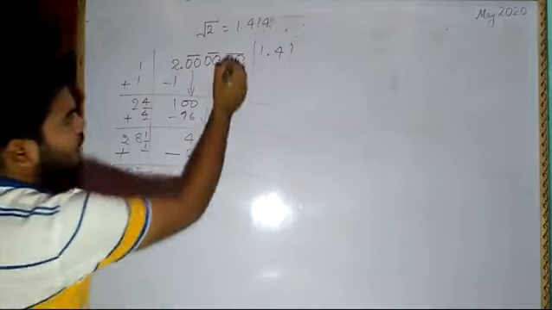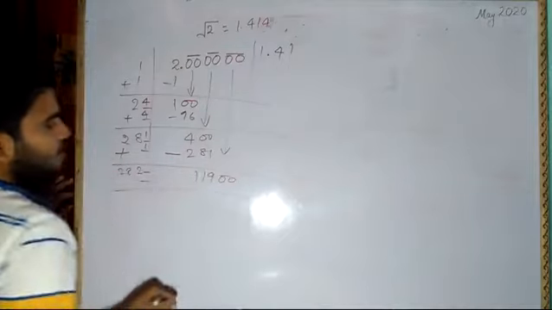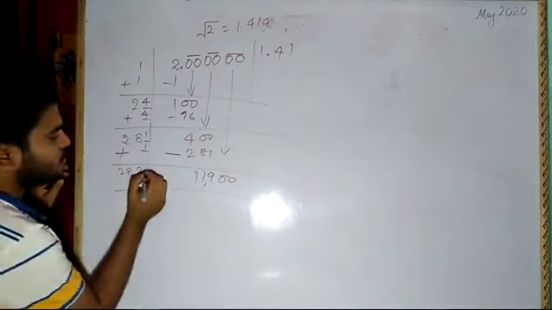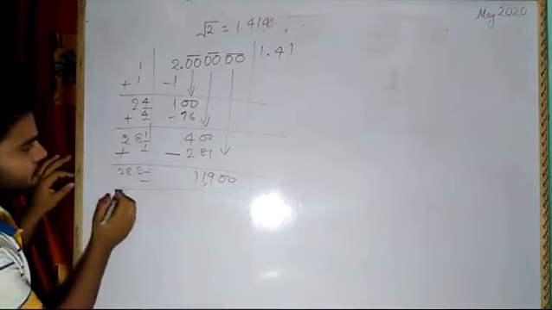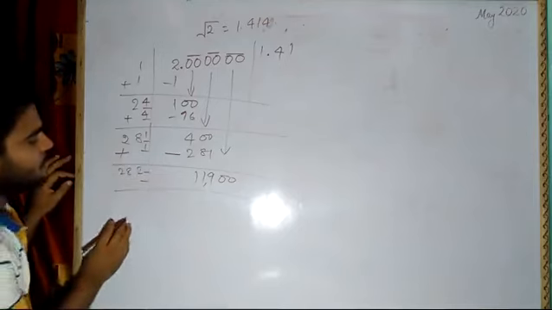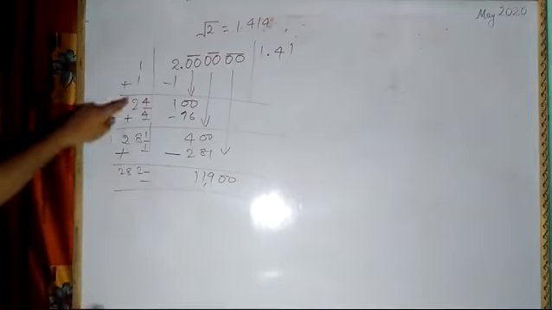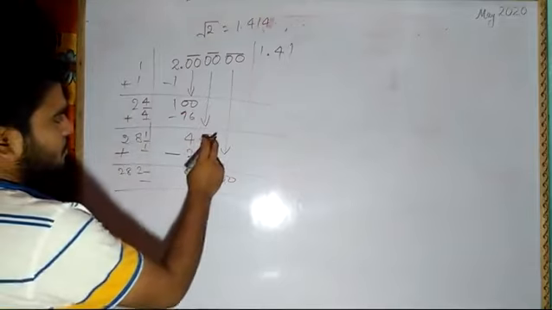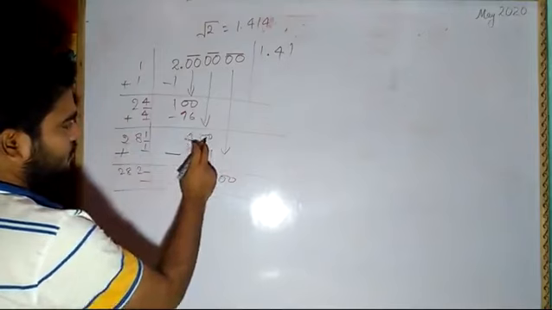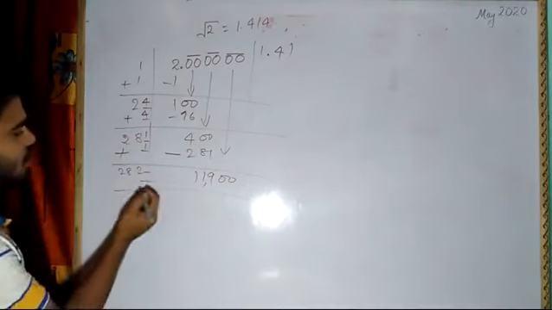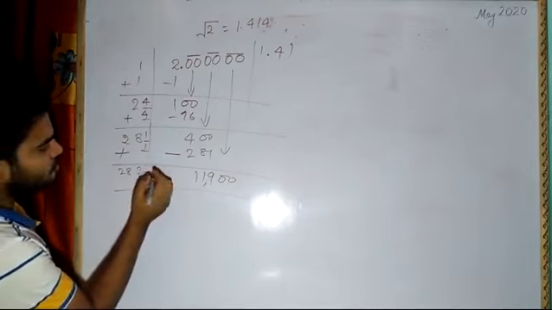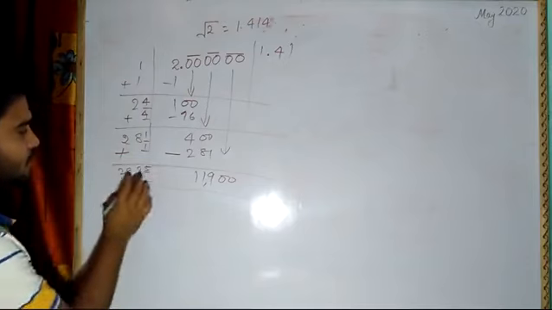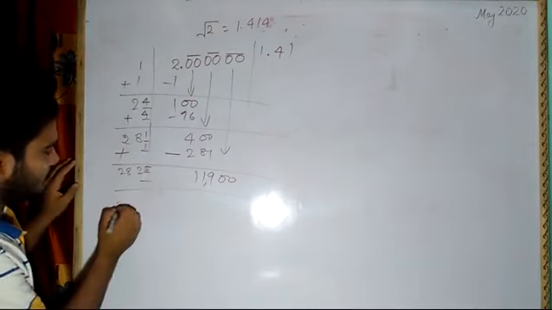Now which number should come? Again you have to bring 2 zeros down. Now it is 11,900. Here some value around 2,000 will come. So if you go by 5 times, 6 times, what number will come? I think it is 448. Okay, now what number will come here? If I see, I have to write here 5 or 6. It will go by 5. If it goes by 5, how much will be the number?